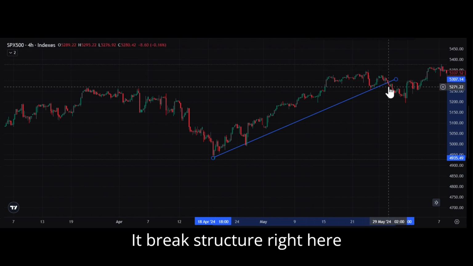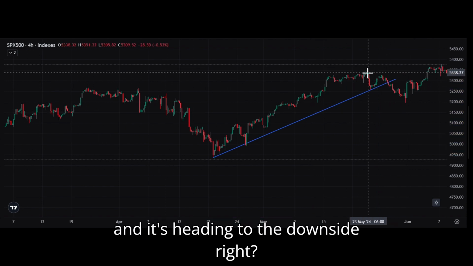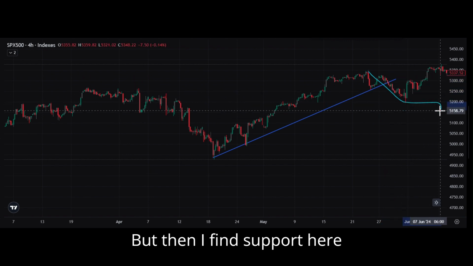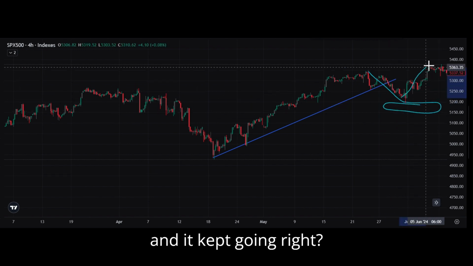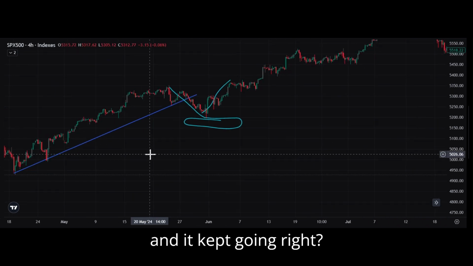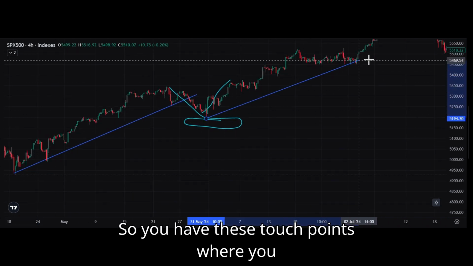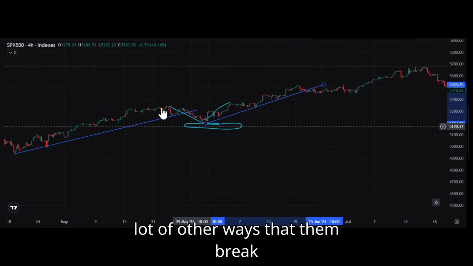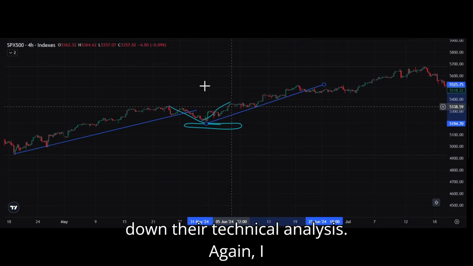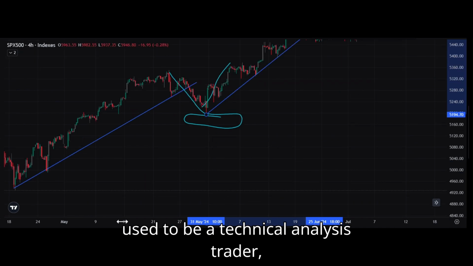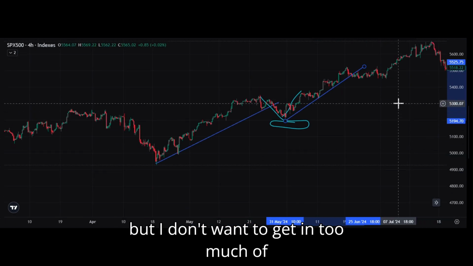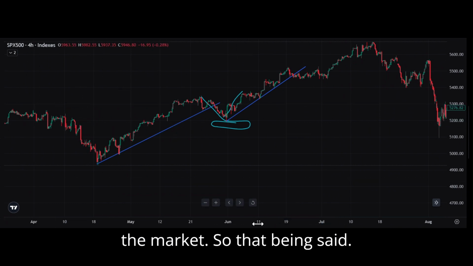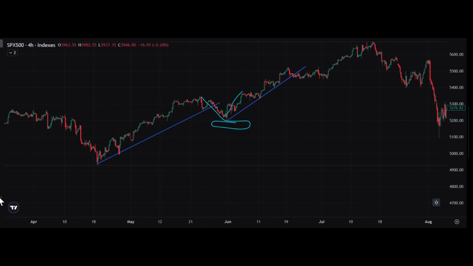It breaks structure right here, and it's heading to the downside, right? But then it finds support here, and it kept going, right? So you have these touch points where you can kind of see the movement. There's a lot of other ways that they break down their technical analysis. Again, I used to be a technical analysis trader, but I don't want to get into too much technical analysis because I want to show you a whole different approach to the market. So that being said,